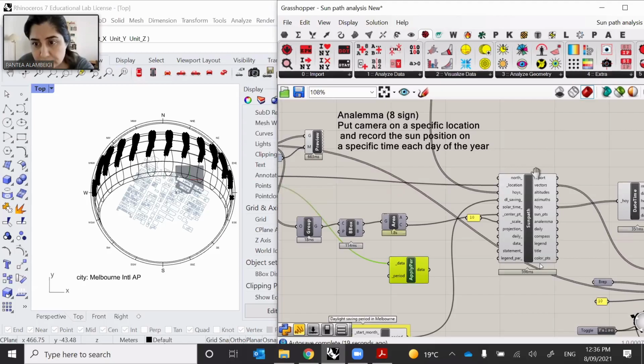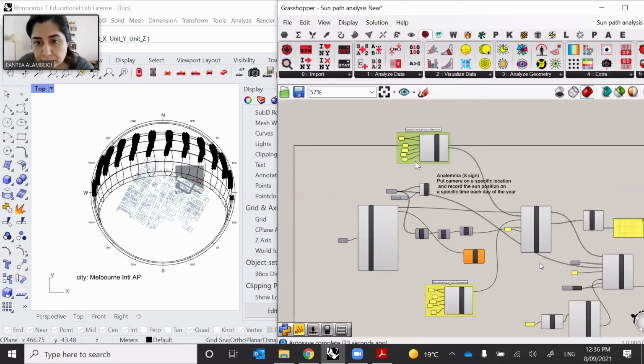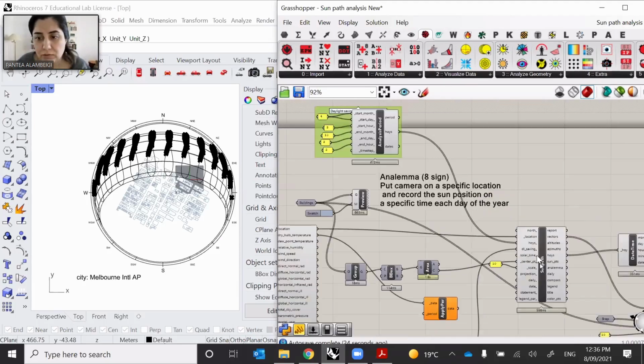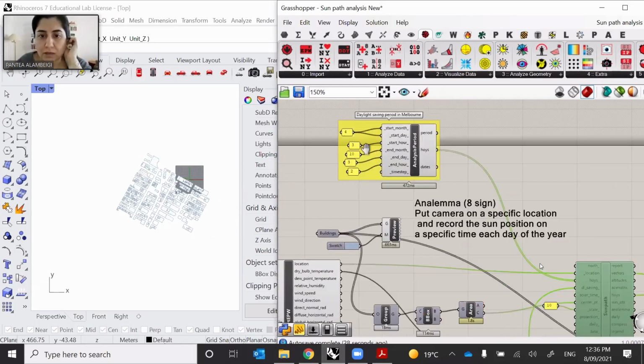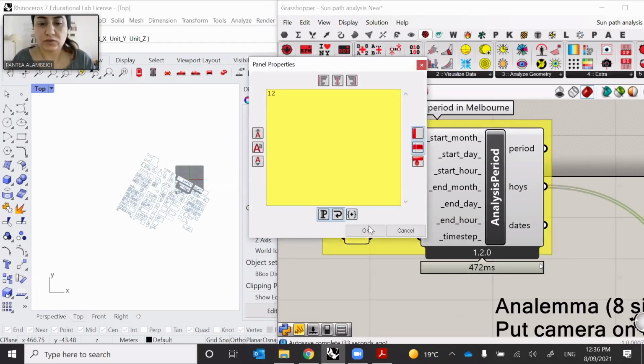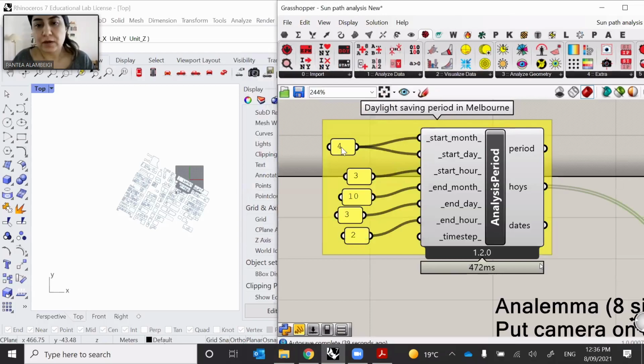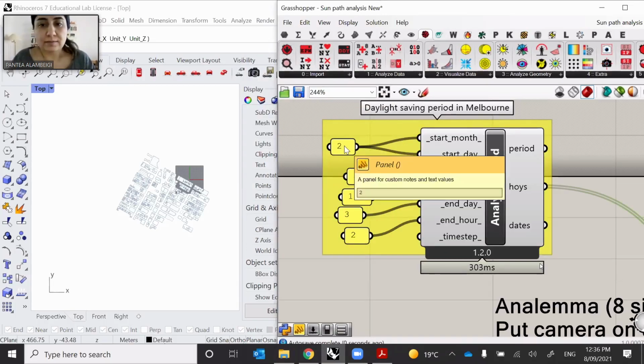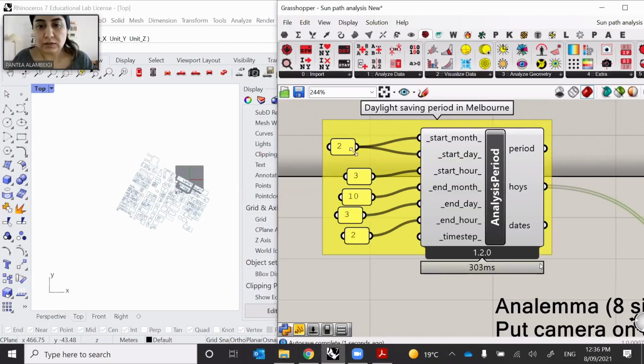This one. Control. Change the start month. For example, you want to check December or probably February, because February is the hottest month in Melbourne according to the data. So if you change the start month and then change the start date to first,